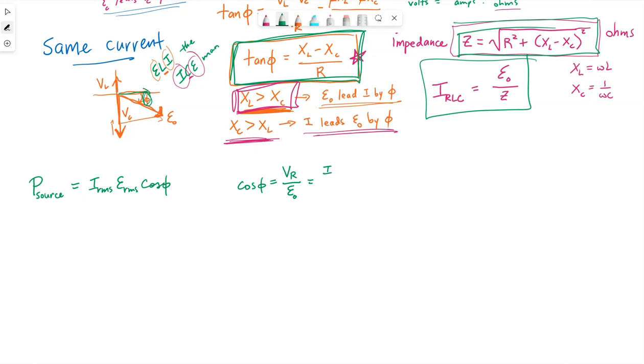Well, we know the resistor's voltage is I times R. The source voltage we can write as I times Z. But again, since we're talking about a series circuit, these have to have the same current. So we find that the cosine of phi